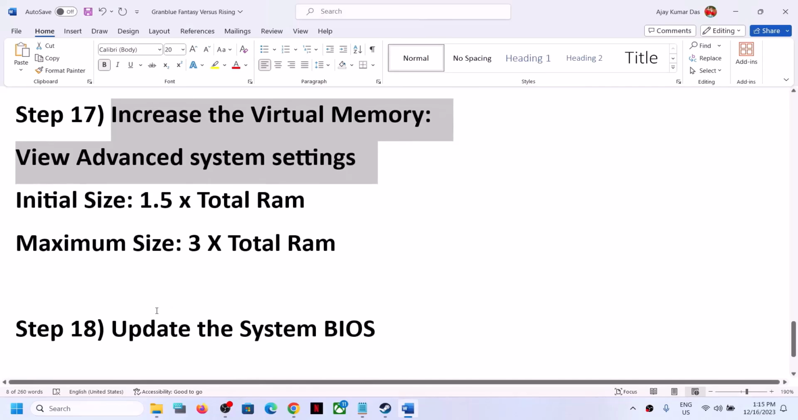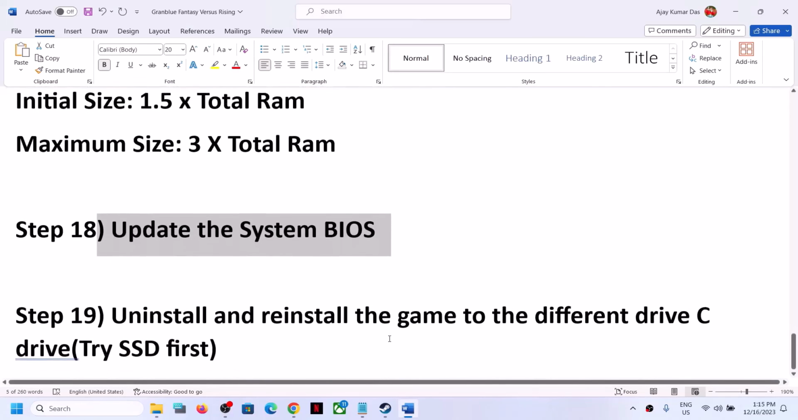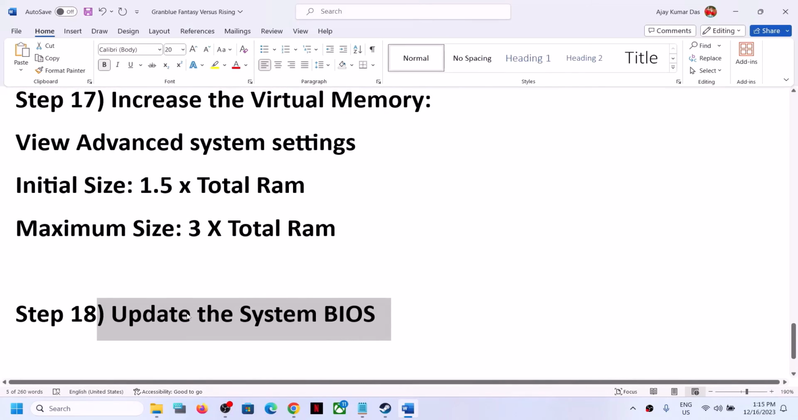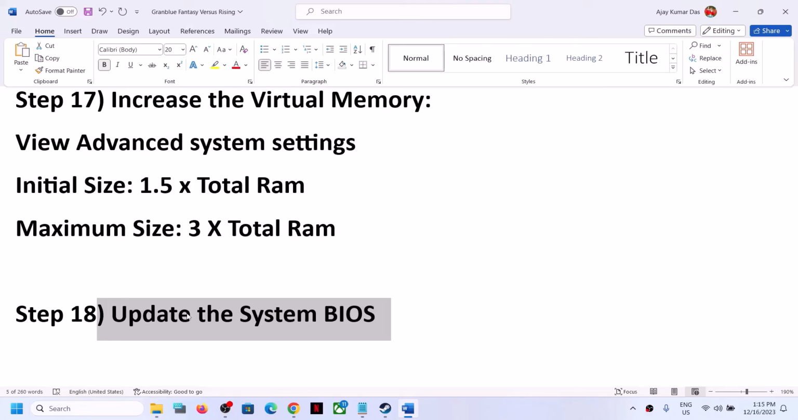Now the next step is to update your system BIOS. So go to your system manufacturer website. If you have a Dell computer, go to the Dell website. If you have Lenovo, go to Lenovo. If you have an HP computer, go to the HP website. So go to your system manufacturer website, select your model number, make sure that you select your computer and then